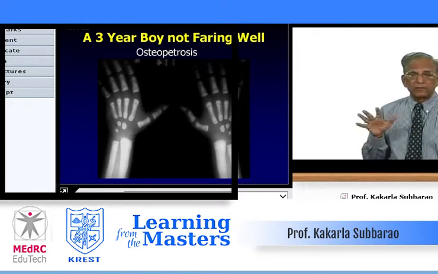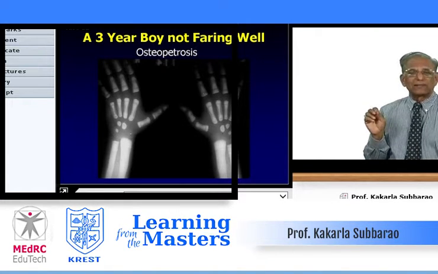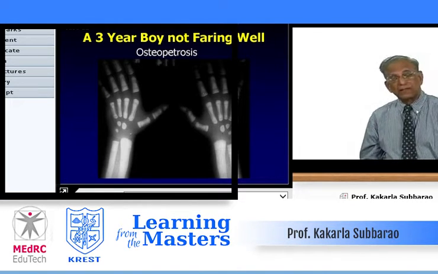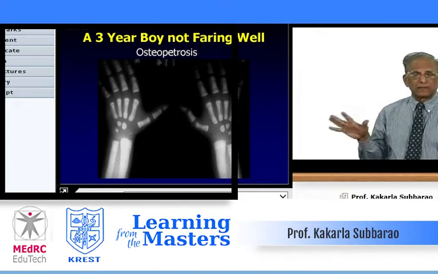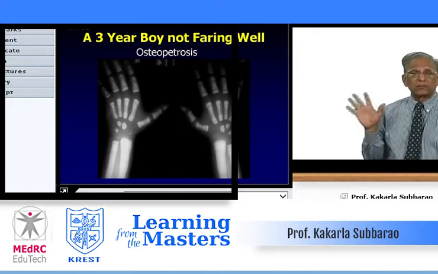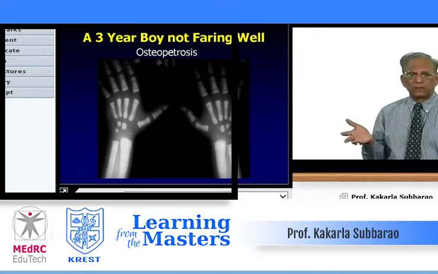Can any other entity produce the same thing? Yes, pycnodysostosis. But then, in pycnodysostosis, there is osteolysis of the distal phalanges. Here, the distal phalanges are normal. Also, there is another entity called idiopathic hypercalcemia with pulmonary artery stenosis, so-called Williams syndrome. But then, there's a rather rare condition. Here, this is the classical bone-in-a-bone appearance in osteopetrosis. Complications include regular fractures, healing well, and then occasionally, in fact, these patients terminally die with a leukemia.